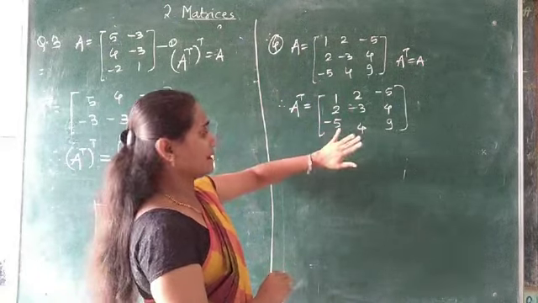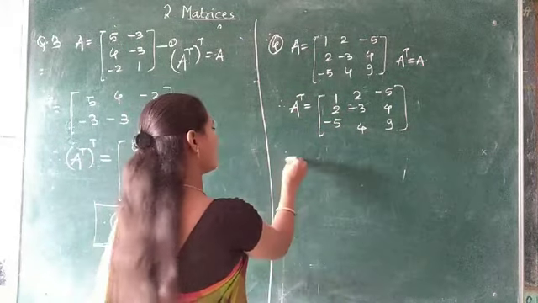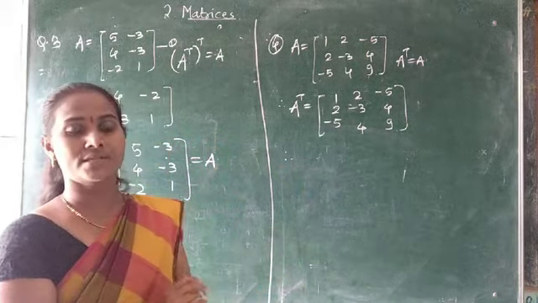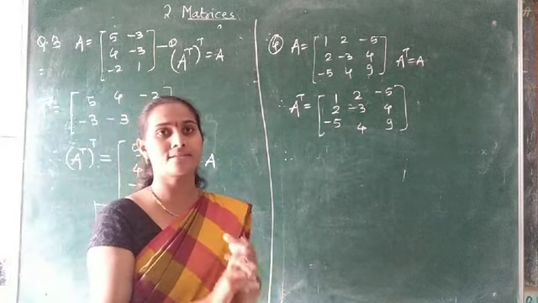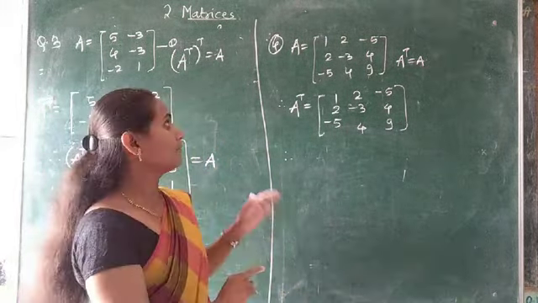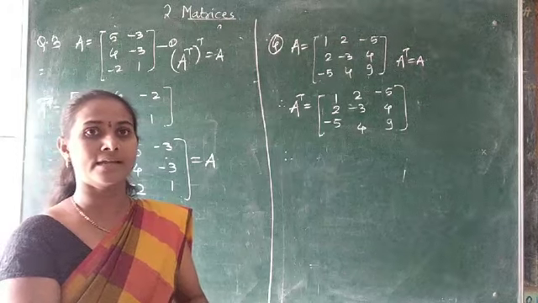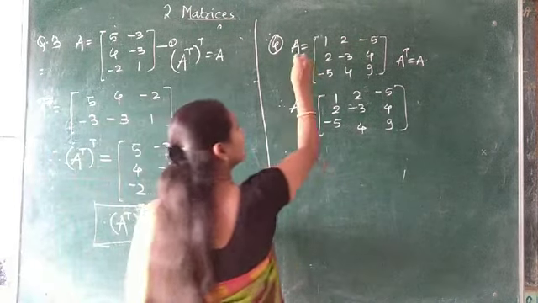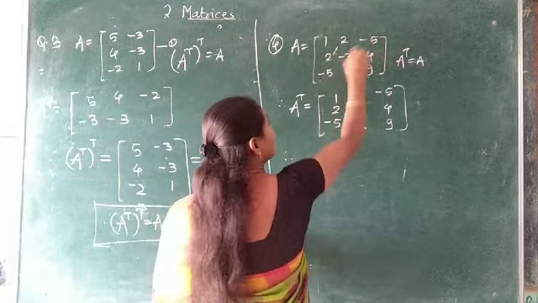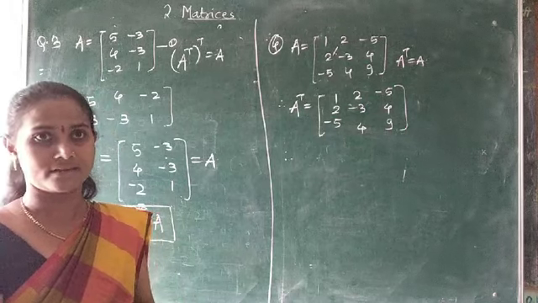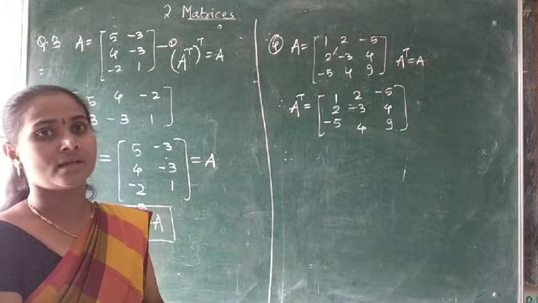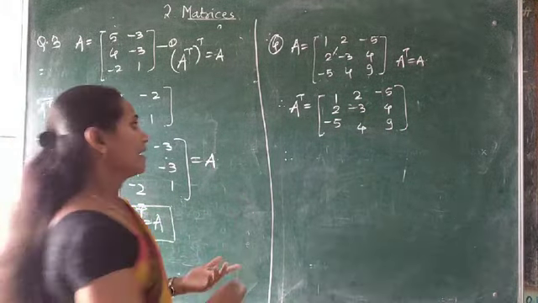This is the same matrix as A, and A transpose, because we know from the last lecture that if a matrix is symmetric, then A and its transpose are equal, or the same. And here the given matrix is a symmetric matrix because A21 is equal to A12, A13 is equal to A31, and A32 is equal to A23.